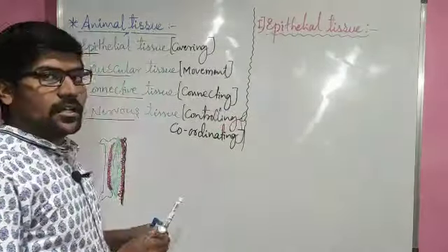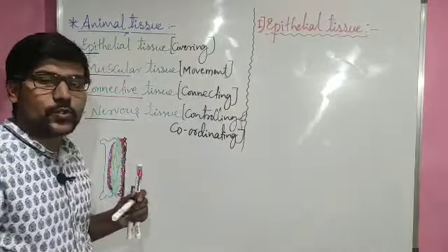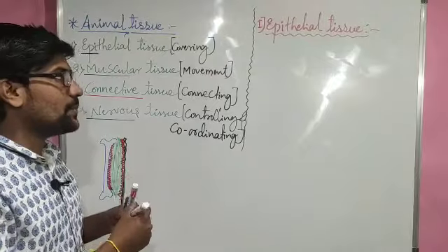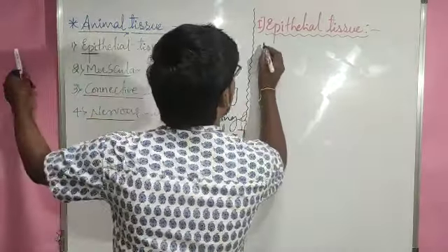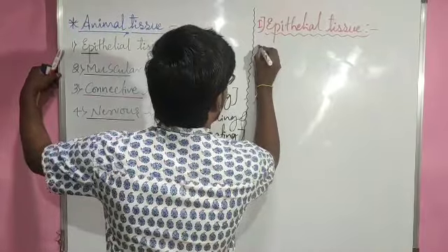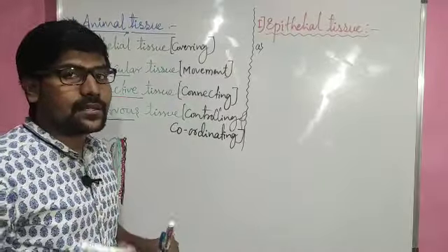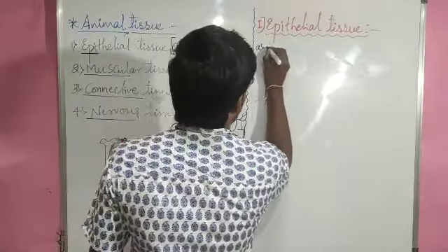Yes, if we consider this epithelial tissue, as I have already told you, this is the covering tissue. This epithelial tissue has different types. Majorly, if you want to consider on the basis of the shape of the epithelial cells, the first one,